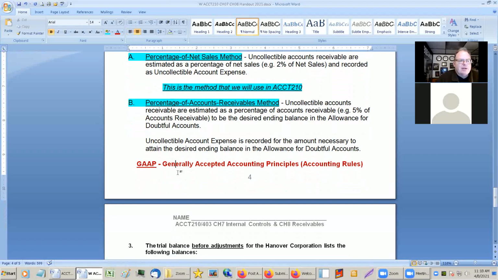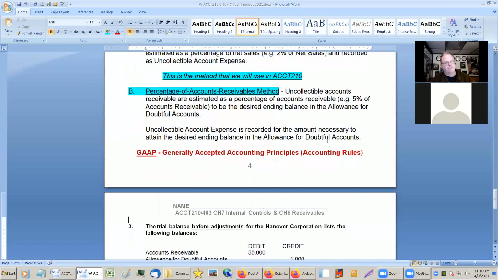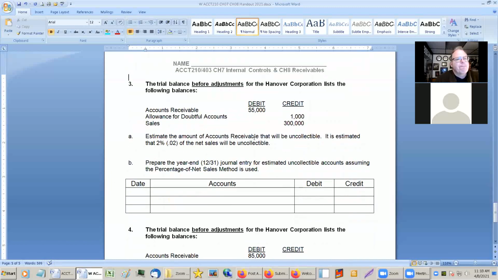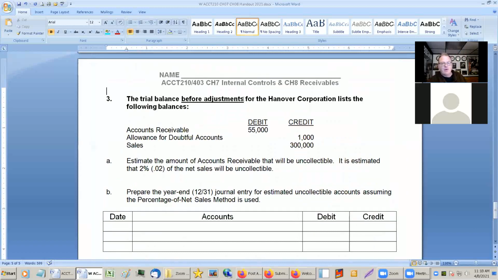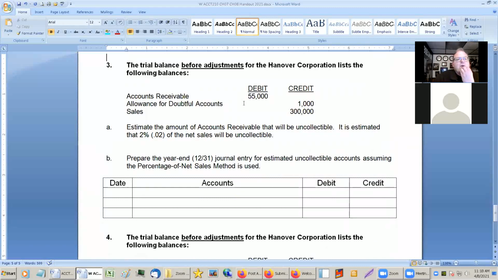And yeah, so GAAP is the accounting rules. And we're learning. Okay. I should have told you that on day one, and it just occurred to me I probably did. All right, so